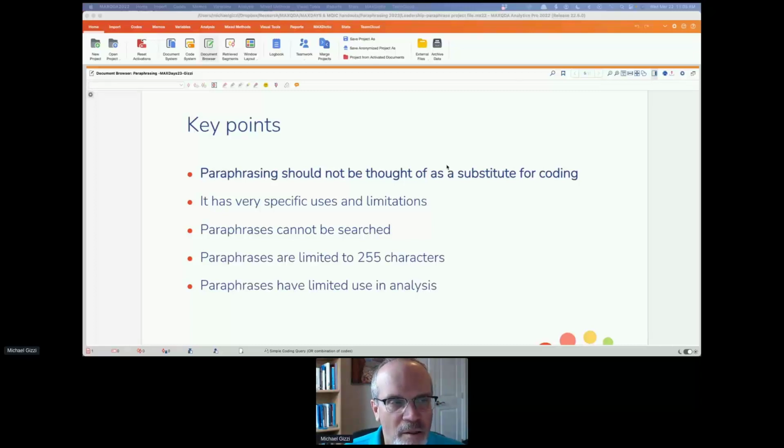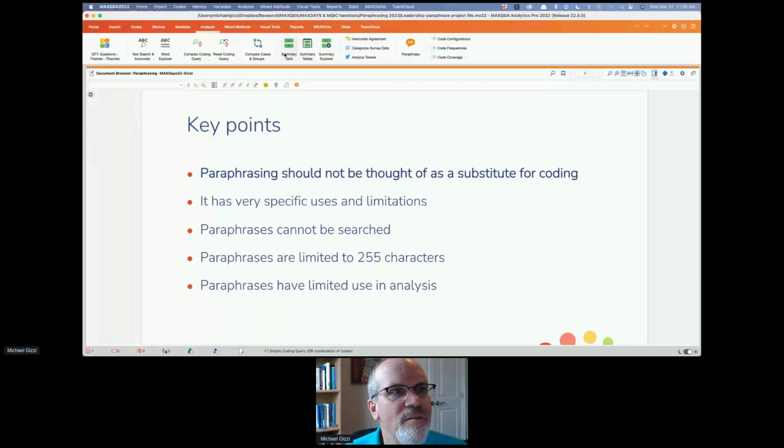Another thing to think about is when you're paraphrasing, you're summarizing data, right? You may think about, well, how is that different from using the summary grid to create summary tables, which also summarizes data?